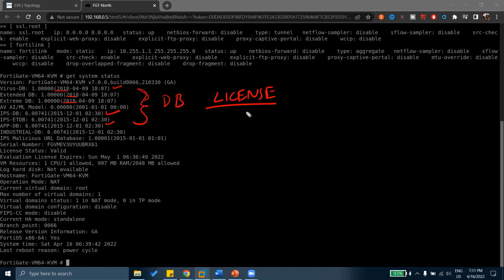If you do not have any license, then of course these will remain dormant, or these will not be updated. And it's fine, because we are anyway trying and testing things in the lab environment, right? But then yes, what you actually are looking for over here is that you should be getting values something like this: 2022